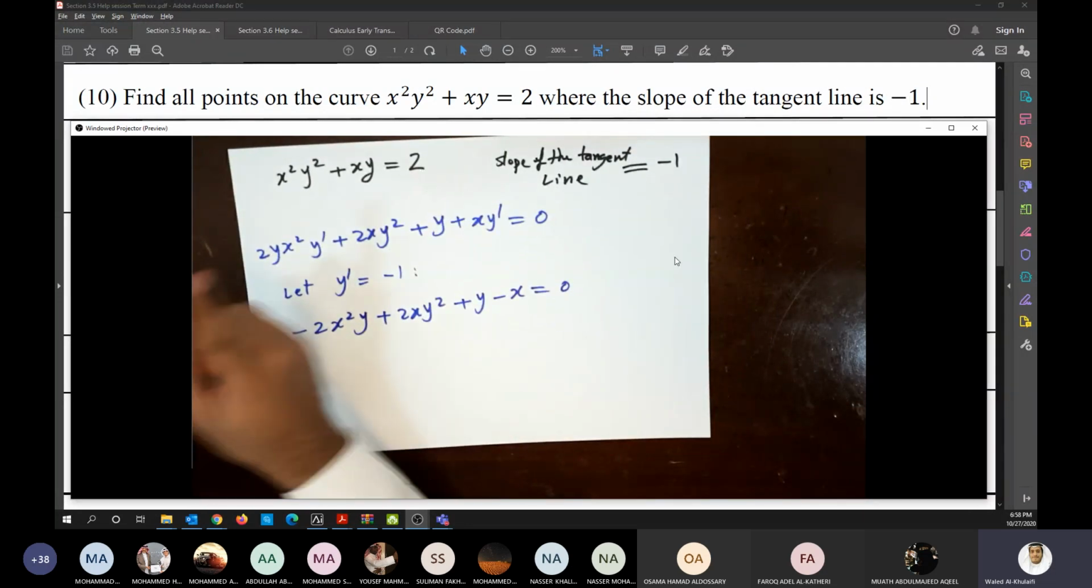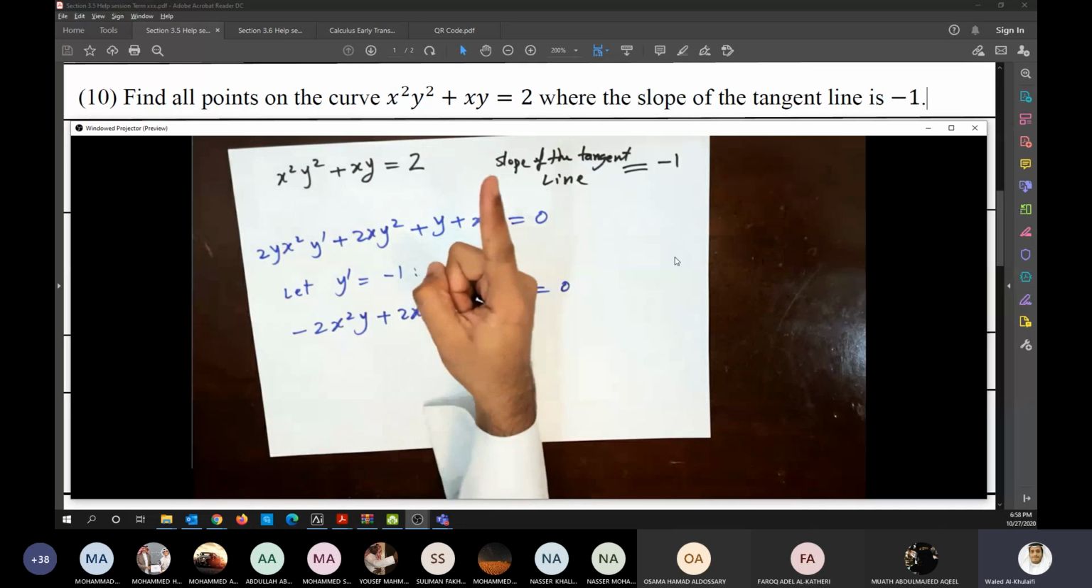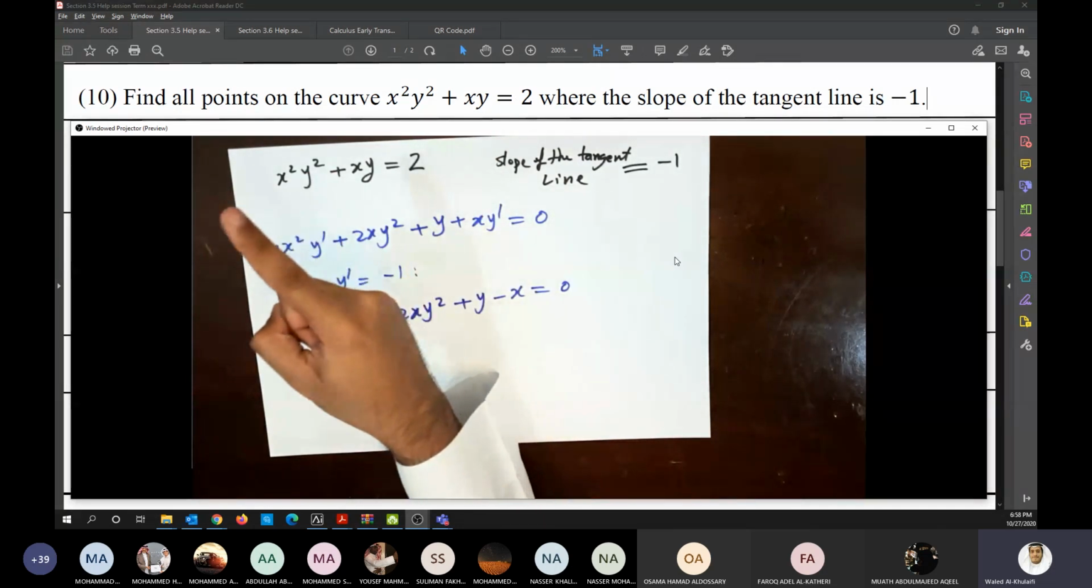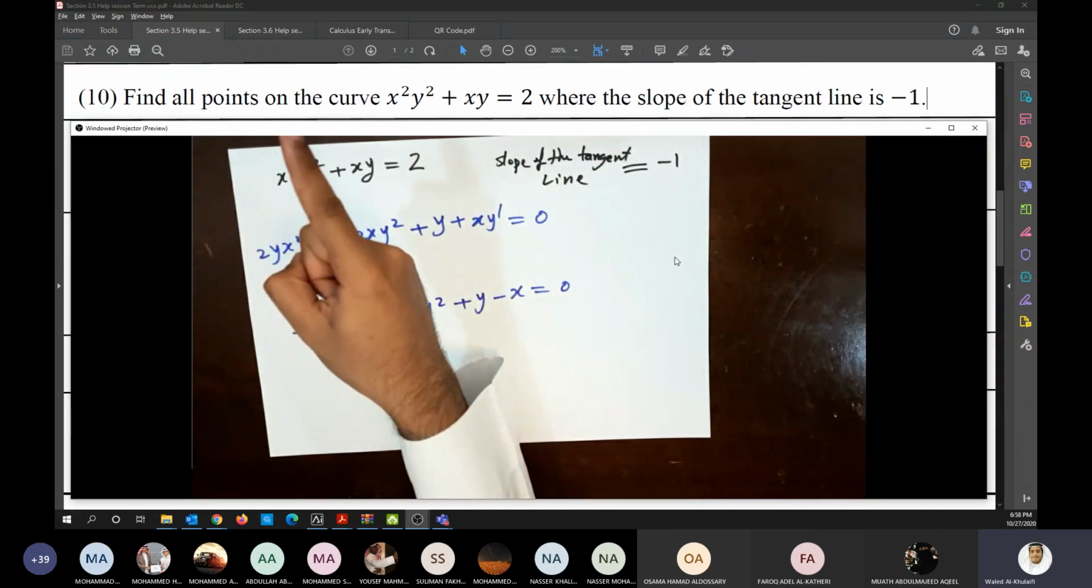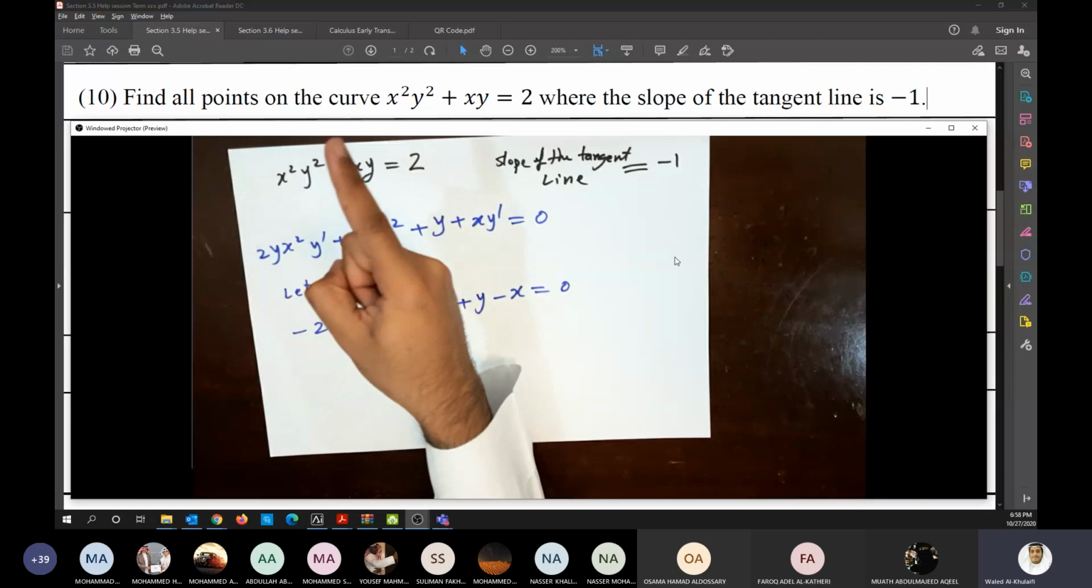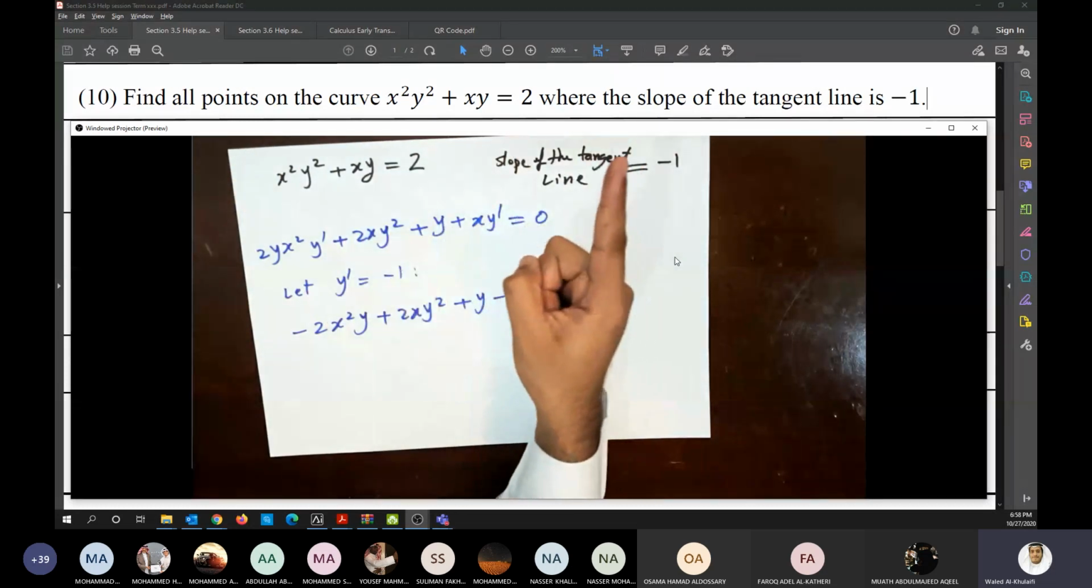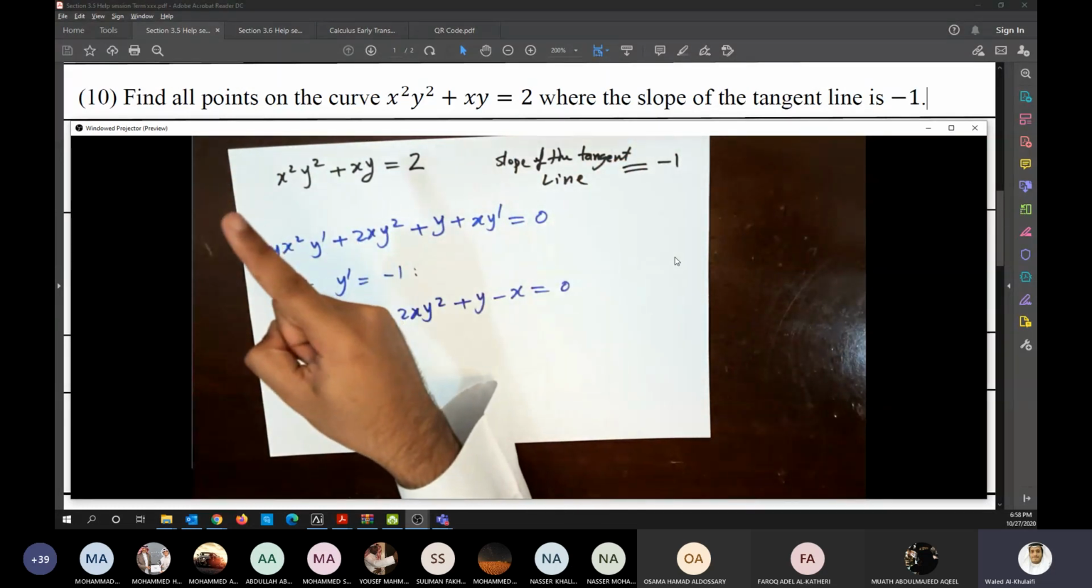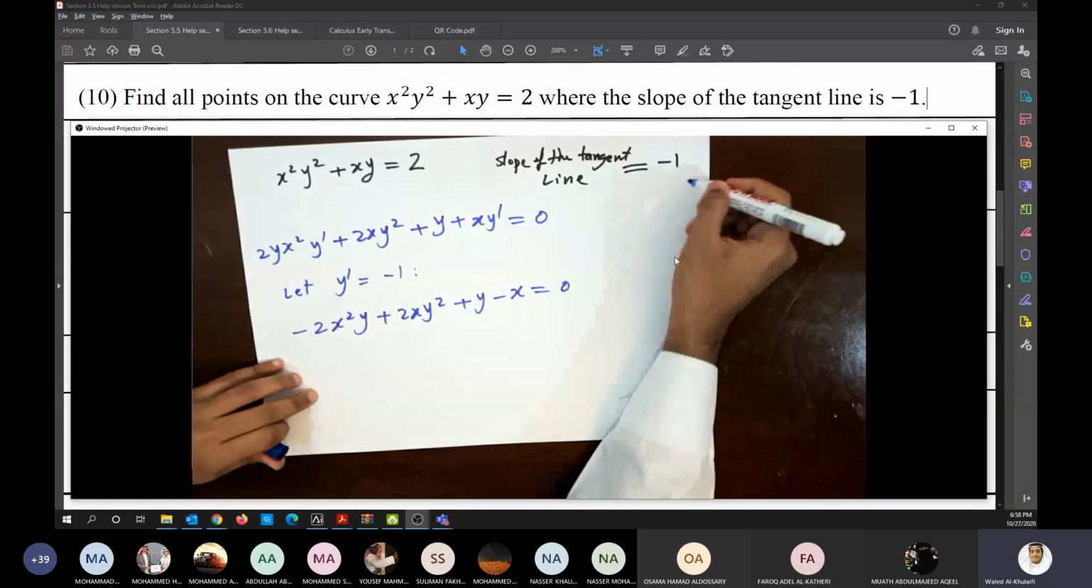If you read the question, it says find all the points on the curve where the slope of the tangent line is there. So he said find all the points. Okay, so we need to find